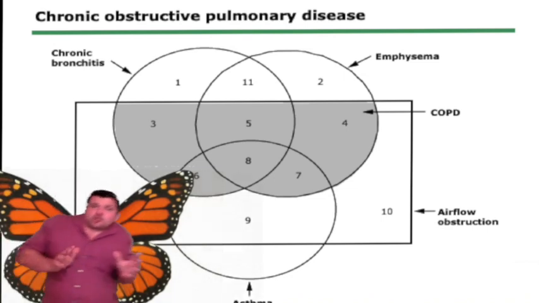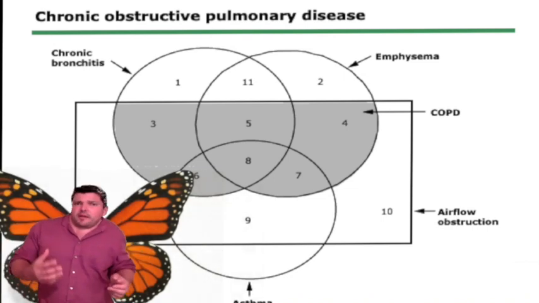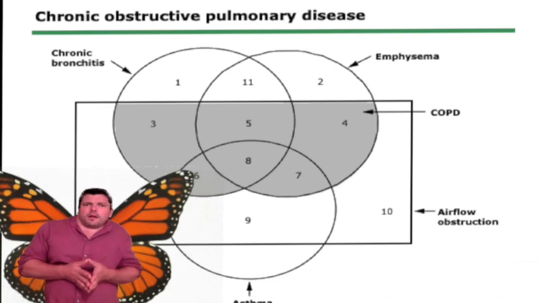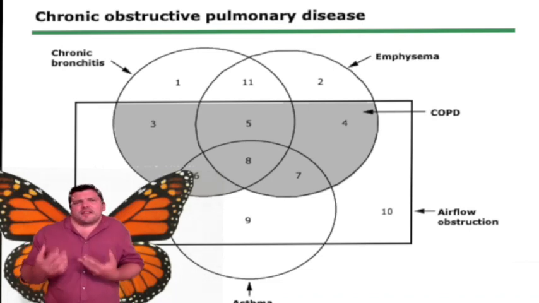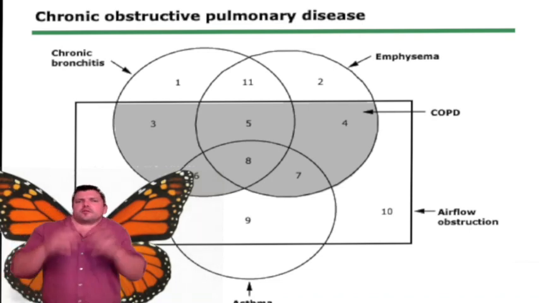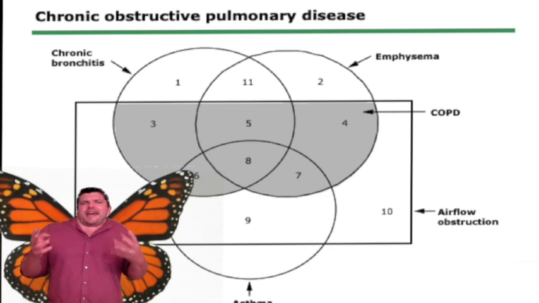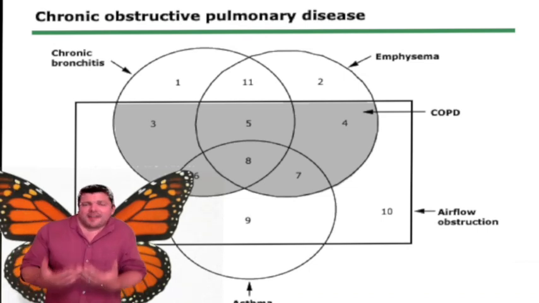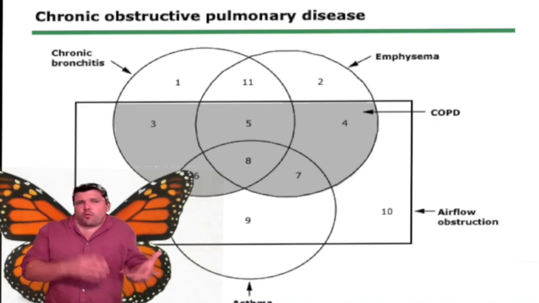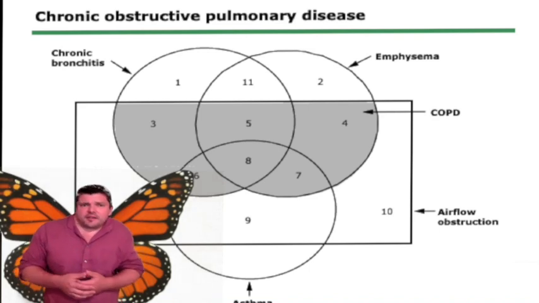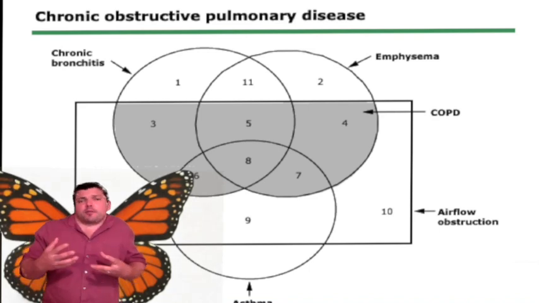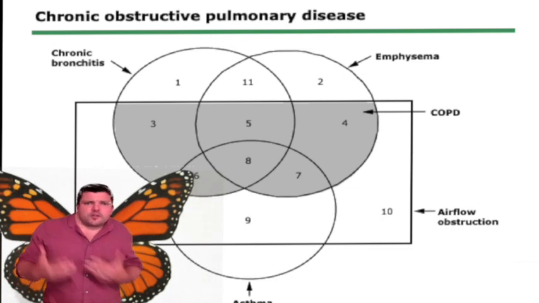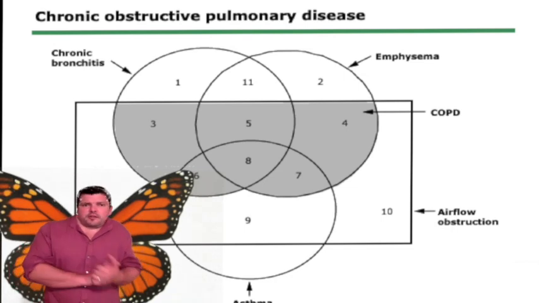You can find this chart not in your textbook, but on the Lit Review service UpToDate, available through our library. I like this chart because I think it summarizes, through the rectangle and three circles, how these three obstructive pathologies can all contribute in some way to COPD, though not all of them need to be present to have a patient with a diagnosis of chronic obstructive pulmonary disease.